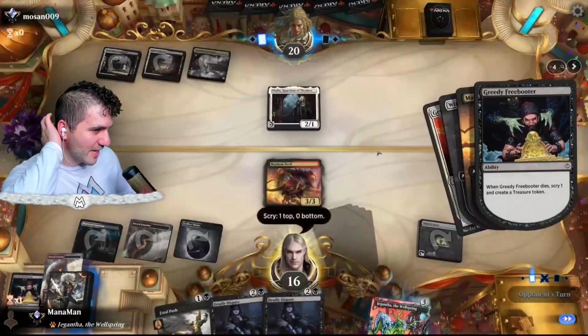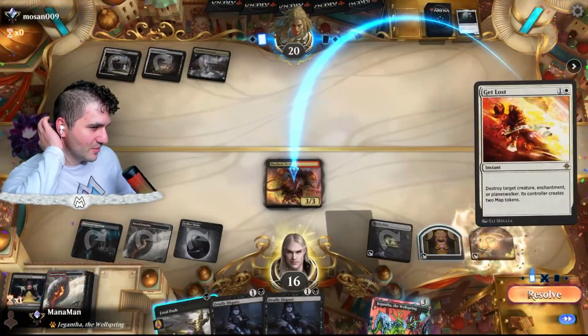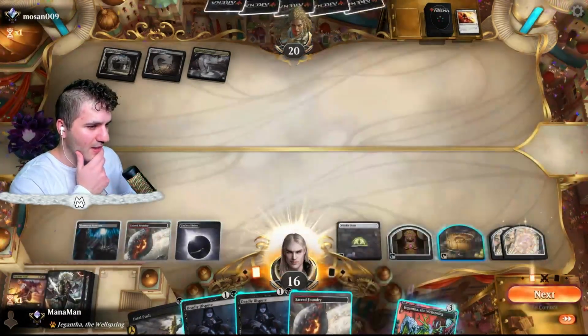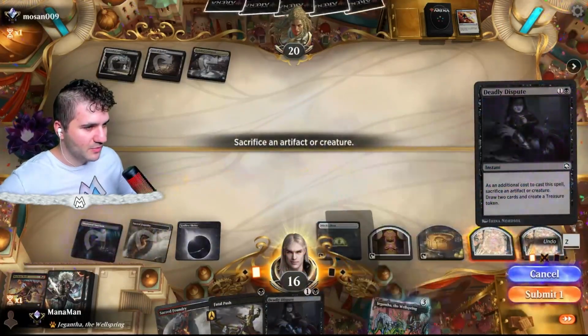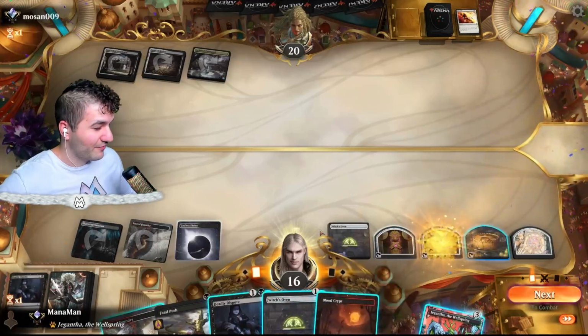And a Sacred Foundry. I guess we'll keep the Sacred Foundry, because we do have Deadly Dispute, so we do kind of need at least 4. I feel like 4 is a pretty good amount of land to go into here. So, before we do anything, I'm going to go for Deadly Dispute on a map token. I think we want to keep the treasures. I guess we could have got rid of the food as well, but...